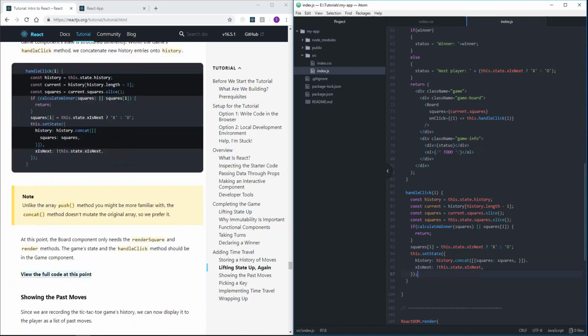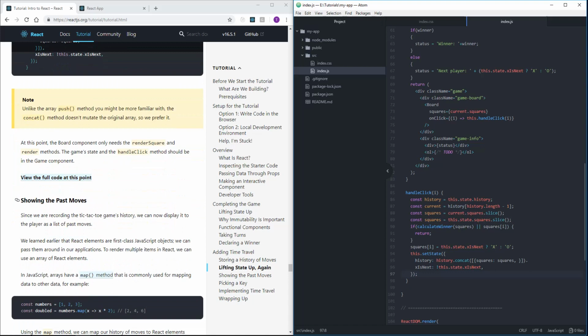Unlike the array push method, you might be more familiar with the concat method. It doesn't mutate the original array, so we prefer it. Push mutates, concat just does not. So at this point, the board component only needs the render square